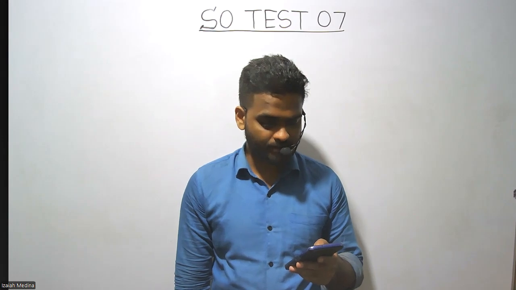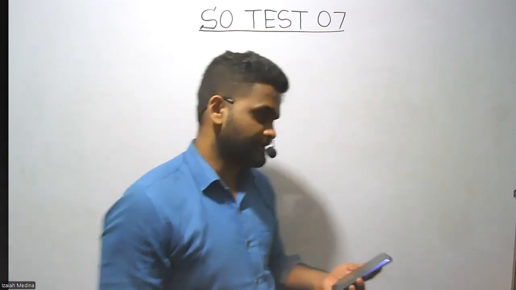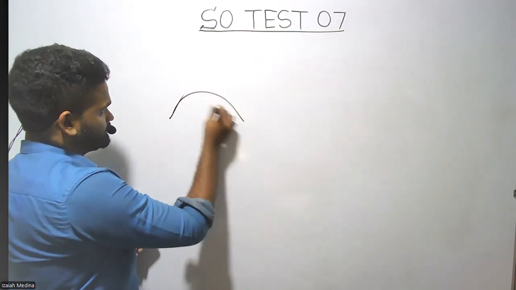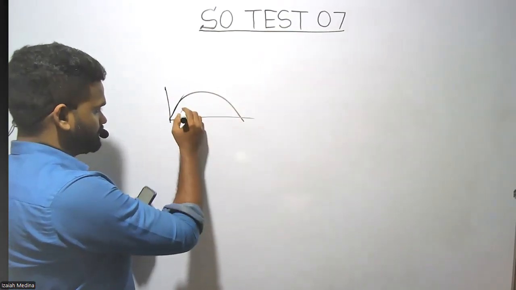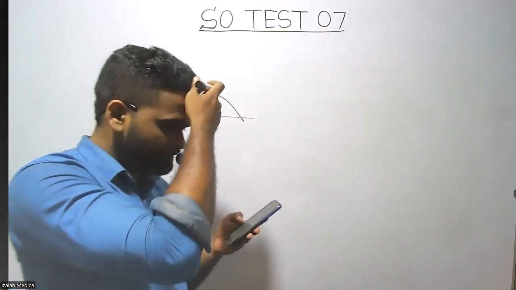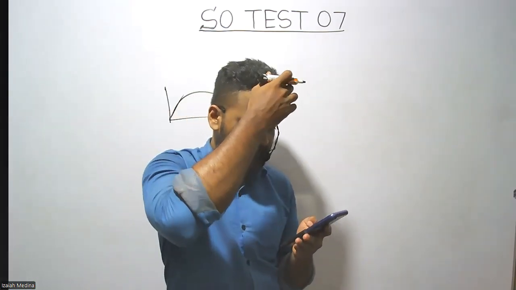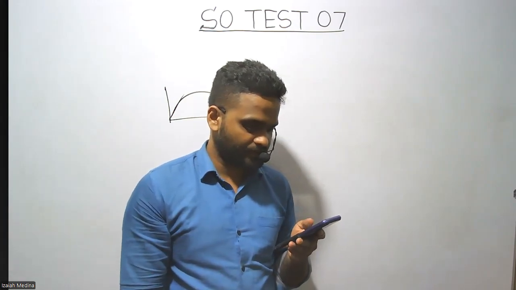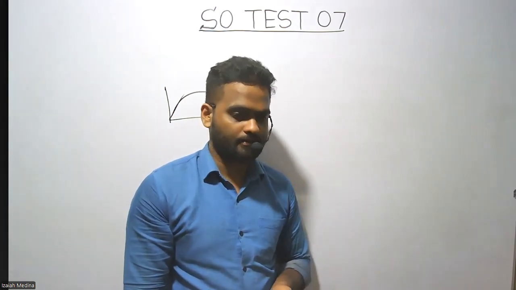Right, 14th question. The image shows an object projected making an angle theta with the horizontal under gravity. So this is a projectile, right? Like this. UH and UV are the horizontal and vertical velocity components of the projectile. The image that shows the correct variation of those velocity components is: